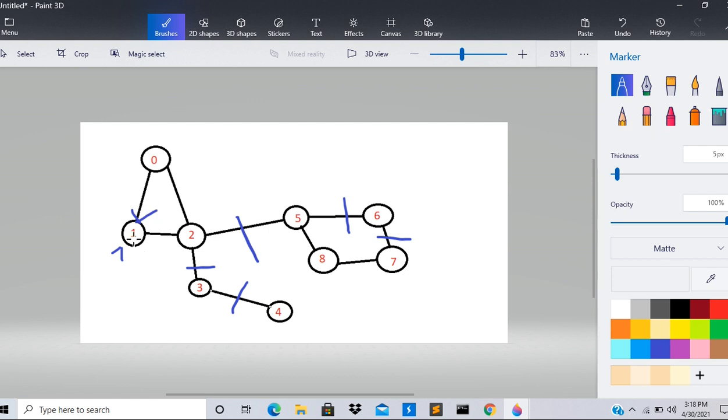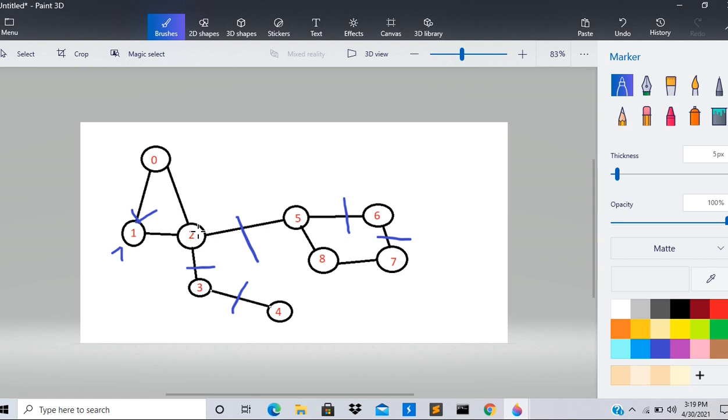One thing we have to keep in mind is that when we apply depth first search on any node, its parent node should not be considered. If we apply depth first search on node 1, from node 1 it can go back to node 0. Then this edge would be considered again, and there would be no point in making this graph a directed graph. So whenever we apply depth first search on any node, its parent node should be discarded. From node 0 we had reached node 1, so its parent node was 0, and we won't consider it while applying depth first search on 1. So from 1 it can now go to node 2.